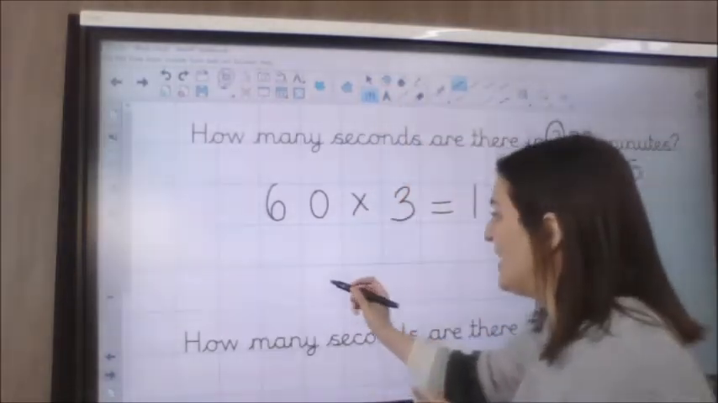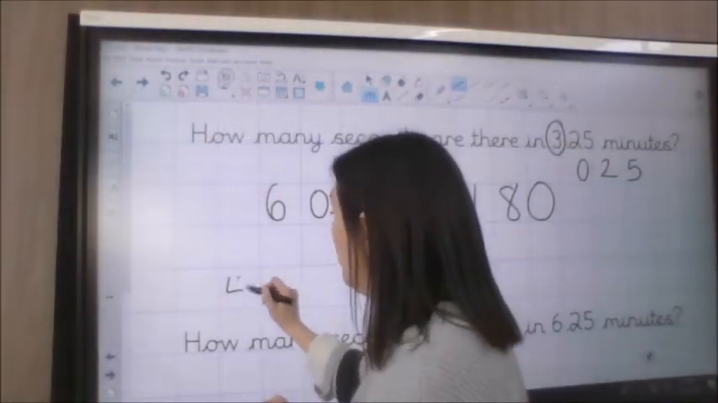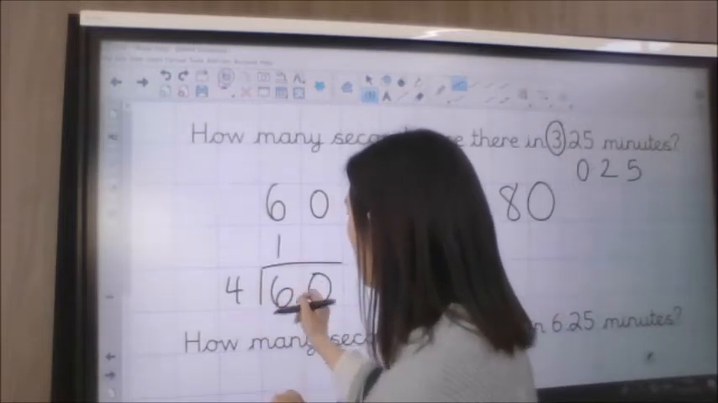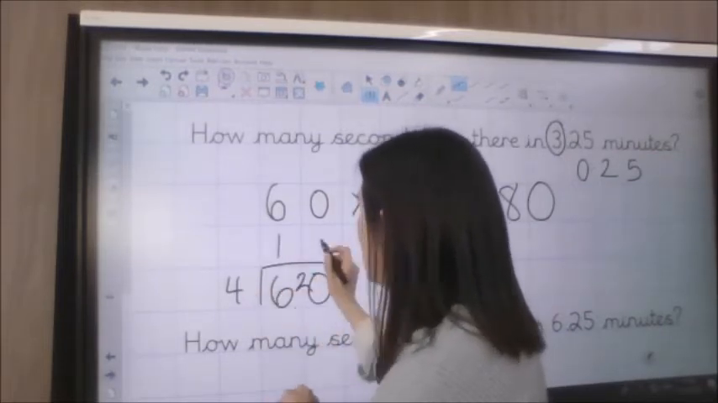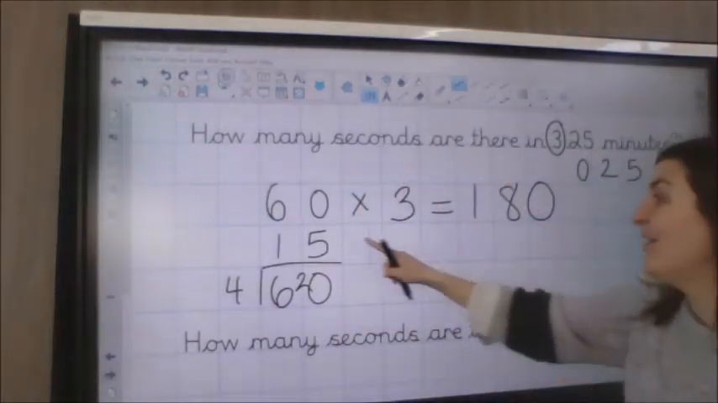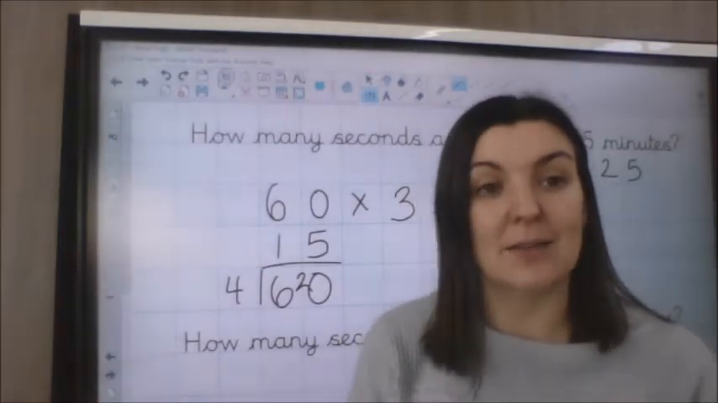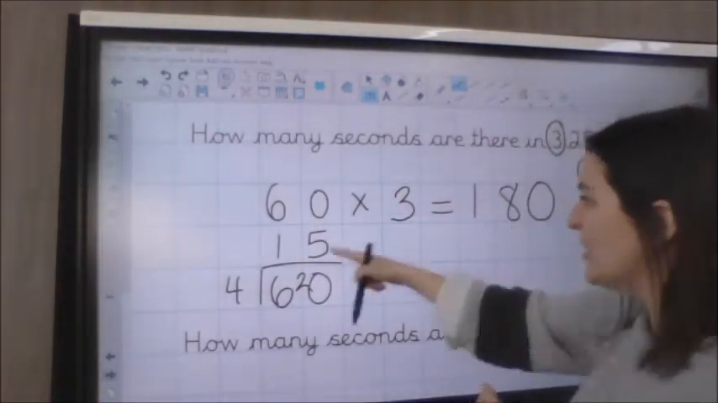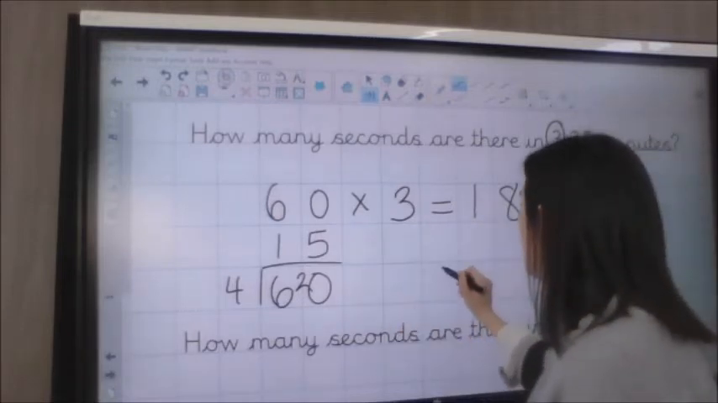So 60 divided by 4, so you might want to do a bus stop. So 4 into 6 is 1 with 2 left over. 4 into 20 is 5. So now, 0.25 is the same as 15 seconds. So all we need to do now is add these two together. So 180 add 15 would be